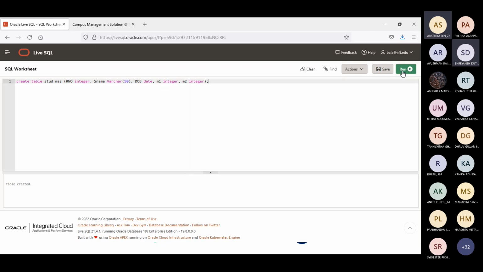So it should not have any null values. Okay, it should not be having any null values in that. Okay, now